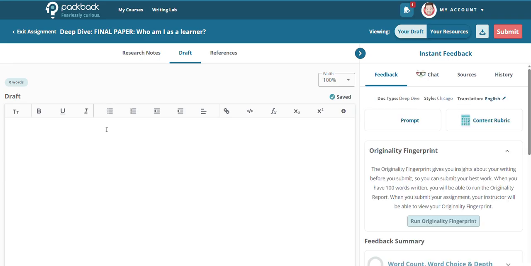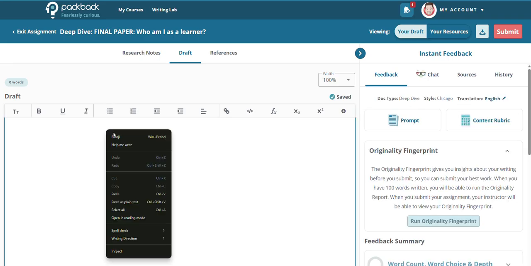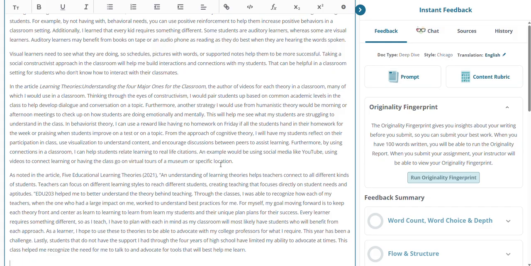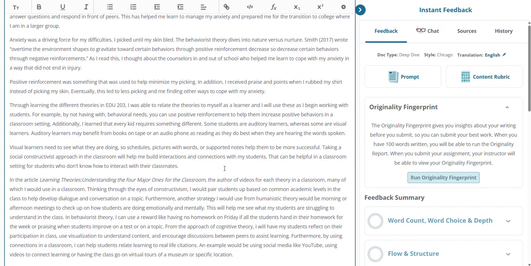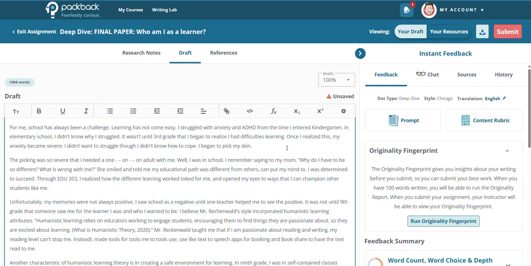Now, again, I've cheated just a little bit and I've pre-written something. Here's an essay that I've been writing in order to do this. Again, we don't recommend you do this because we want you to get the feedback as you type, but I did want to show you what the feedback looks like once everything's in. You'll notice it auto saves again, just like Google Docs for you, so you don't have to worry